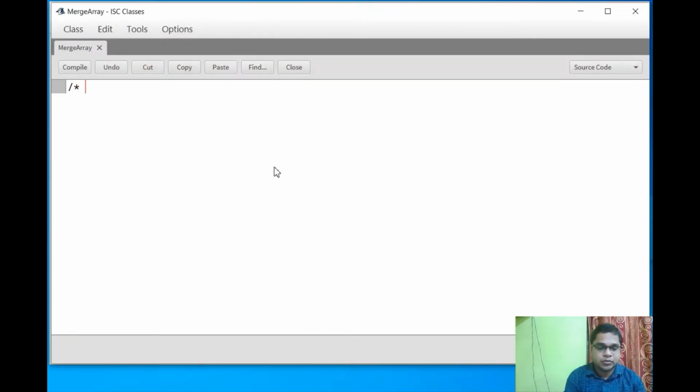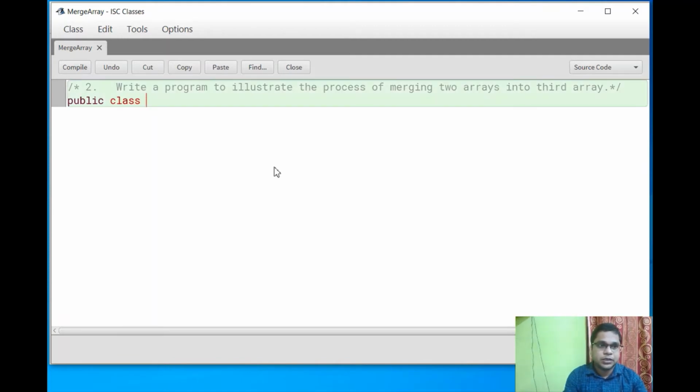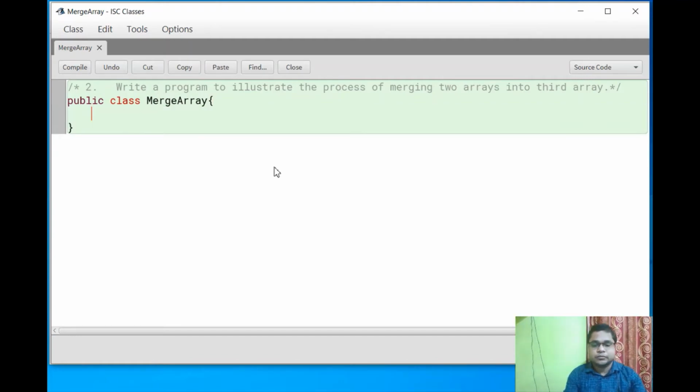Here I am writing down the question. Here public class MergeArray. Now create the main method, that is public